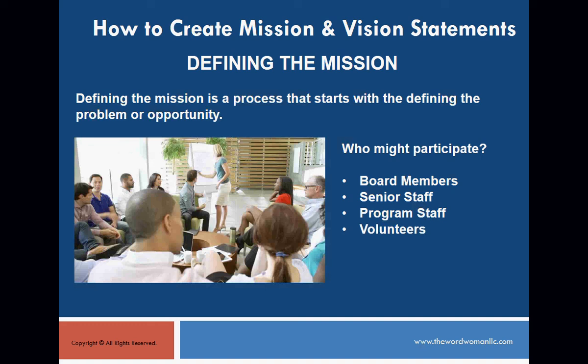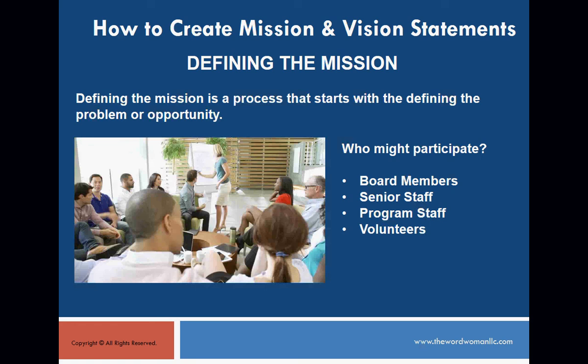Engaging other folks in the discussion and the process is very important. Even as the founder of an organization, I meet with many people who have started an organization, they have a passion for their cause, and they're very clear about why they want to start a nonprofit or why they started one. But even if you have a working draft, a working idea of what your mission statement is, I highly recommend that you engage other stakeholders in the discussion to help you to fine-tune it and to make it very clear,